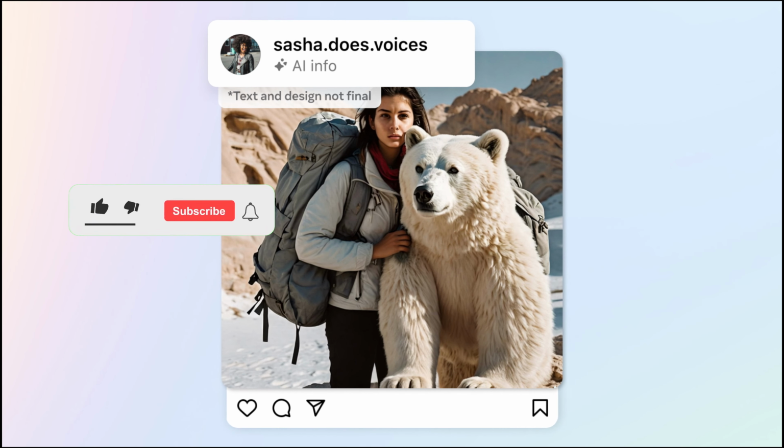By using the "Made with AI" label on Instagram, you can ensure that your audience is aware of the AI-generated nature of your content,